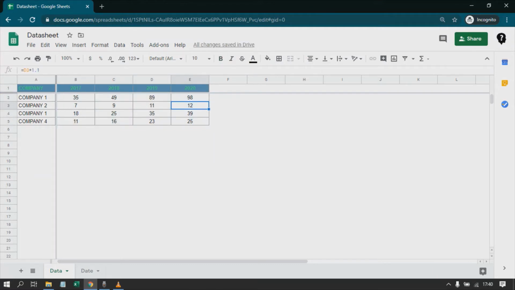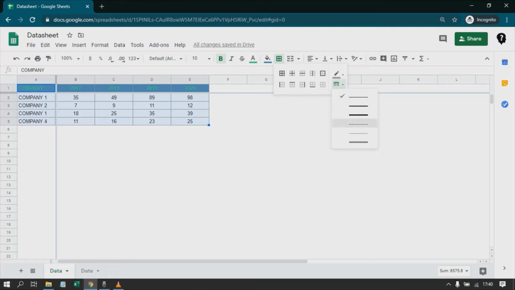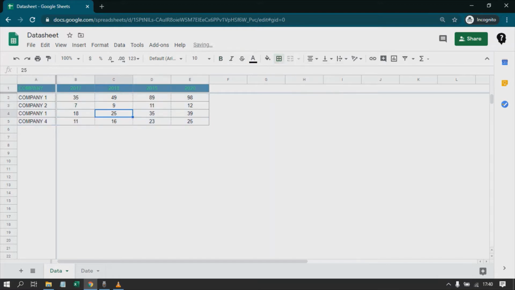Okay, next you can also make a sensible look and feel by just selecting the borders and changing the line type for the same color for the in between rows. So this is how you can make use of the borders.